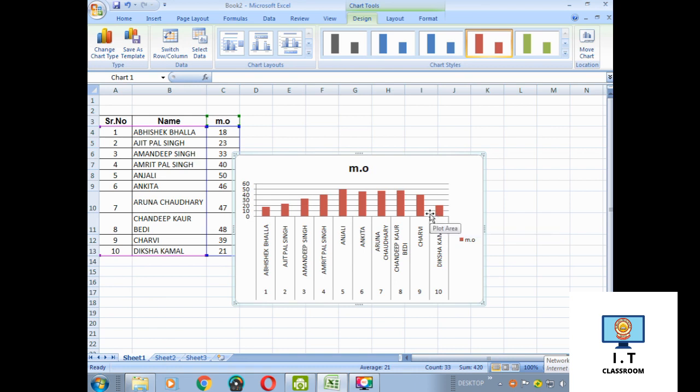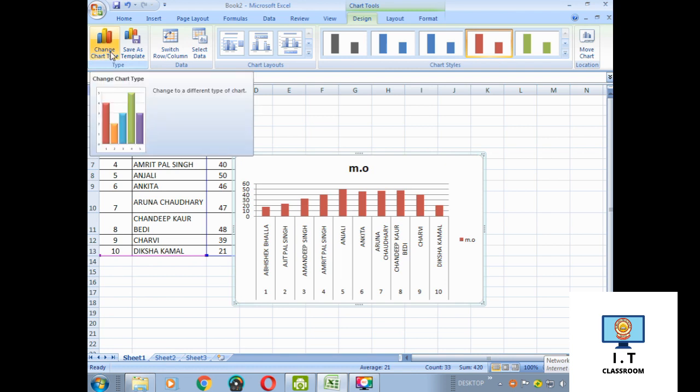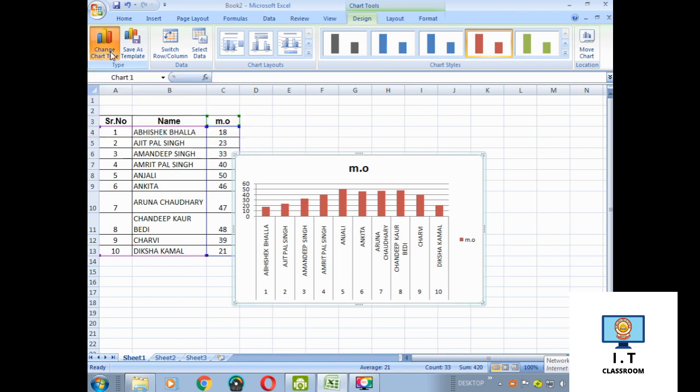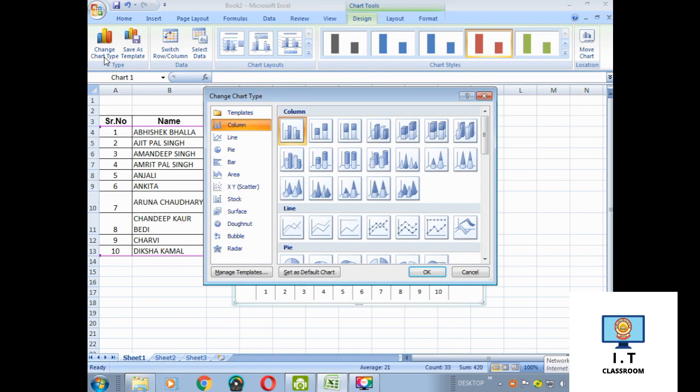Now I am going to tell you how you can change the chart type. Look at this ribbon, there is one option, change chart type. Once you click on it, this type of dialog box will appear on the screen. This is change chart type.